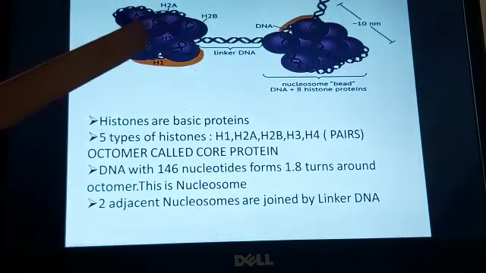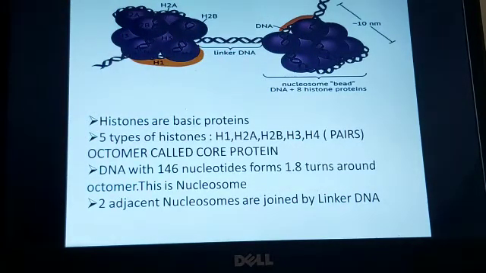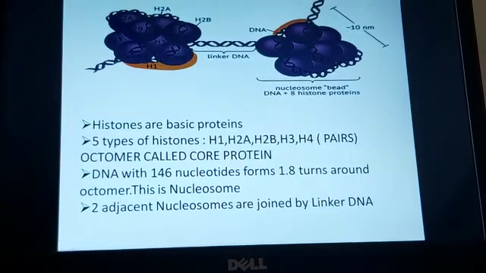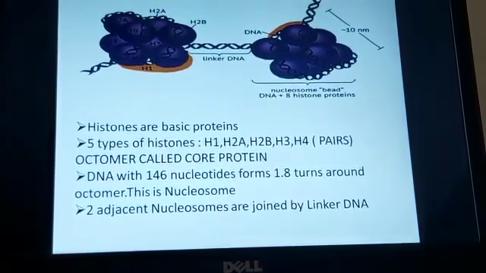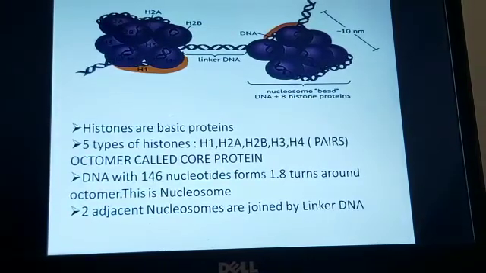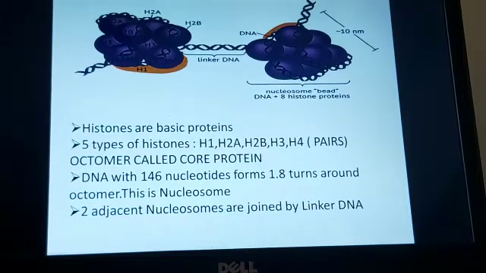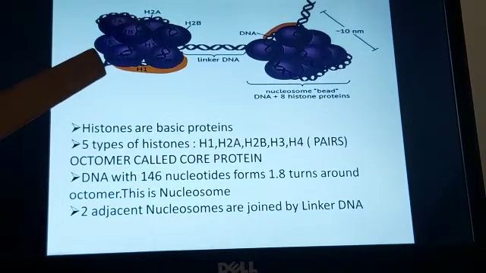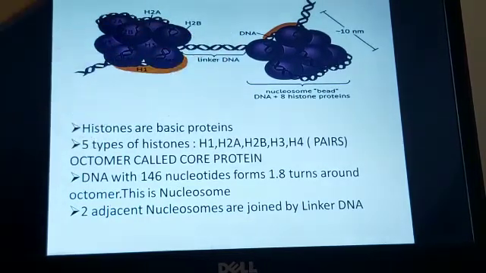Two nucleosomes are connected with each other with a DNA segment; this particular DNA which is linking two consecutive octamers or nucleosomes is called linker DNA. So this is how the structure of nucleosome is present. Children, this is very important. This has come in the question paper a couple of years ago, to explain the structure of nucleosome. When that particular question is asked, you have to write about the histone proteins, you have to write about the DNA, you have to write about the linker DNA. You can represent the same thing in the form of a diagram also. So this diagram, please remember, is a very important diagram.